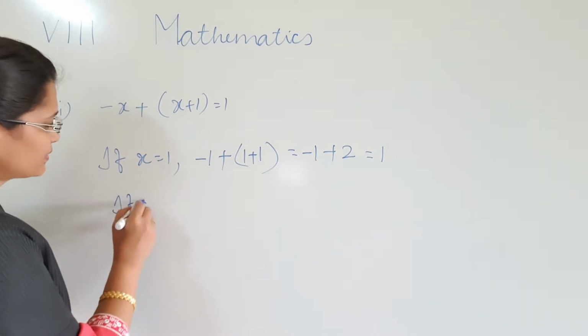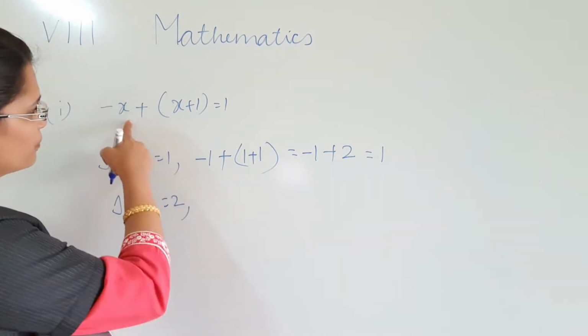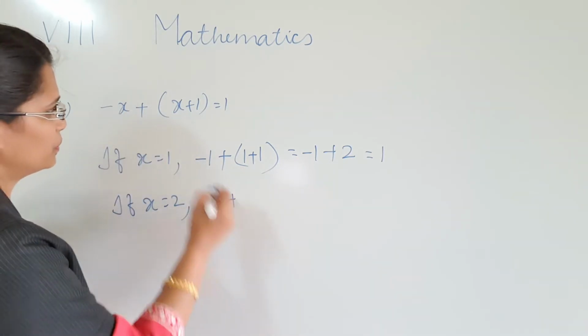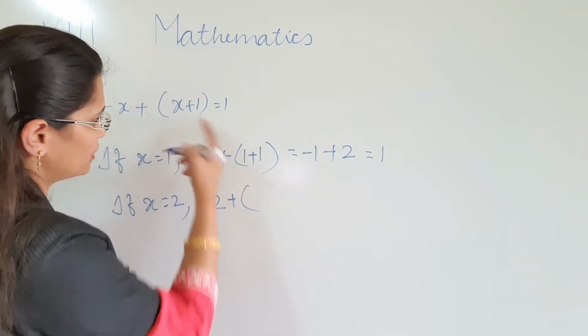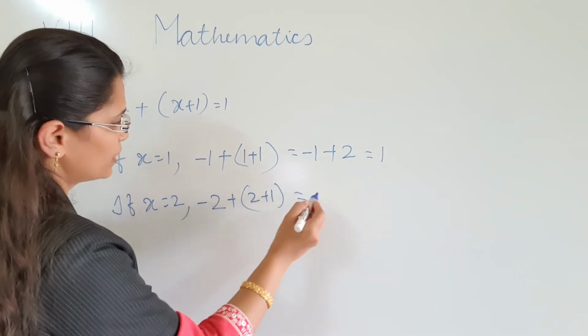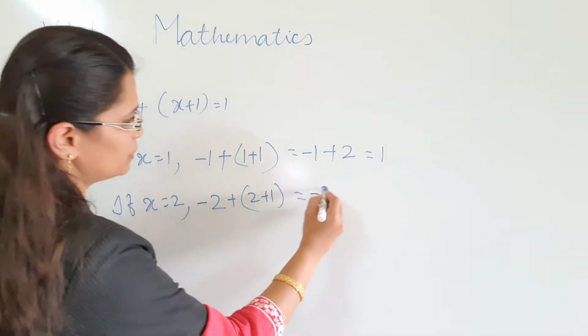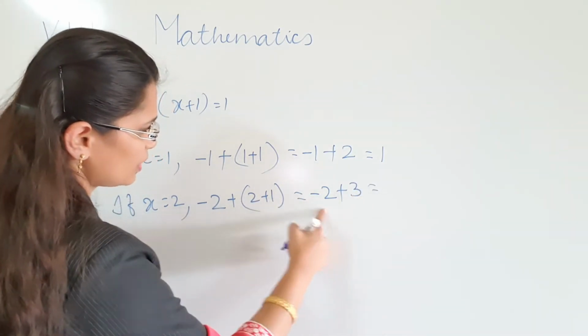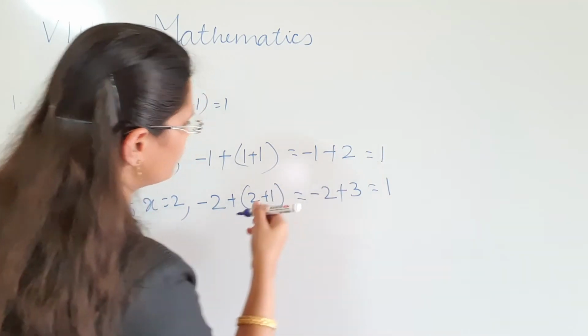Then, if x is equal to 2, substitute the value of x equal to 2 here, minus 2 plus x plus 1 means minus 2 plus 2 plus 1 is equal to 3. Again 3 minus 2 is equal to 1. See,